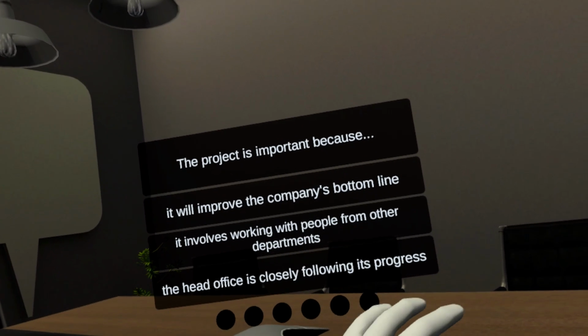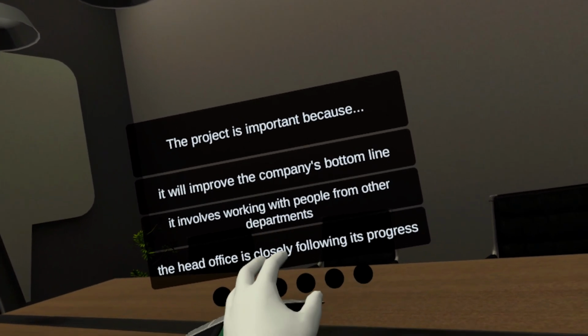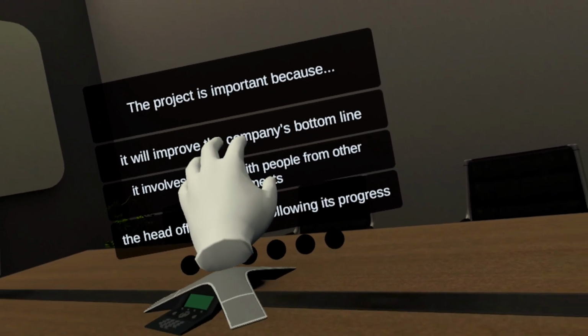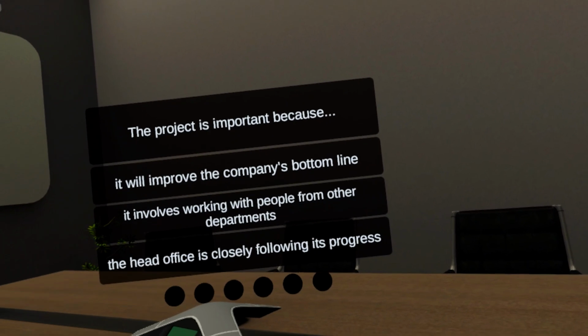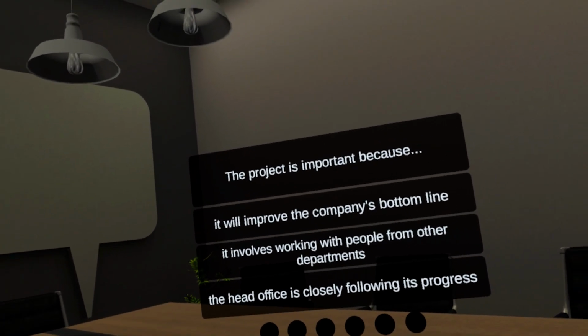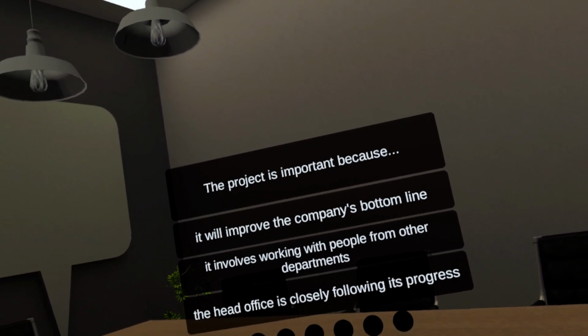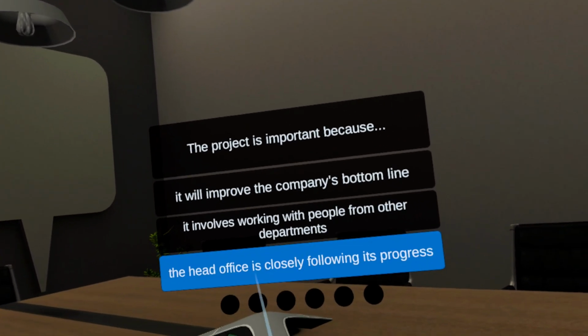We'll see how well I was able to listen here. I think this is a good practice exercise for people to be able to listen, and in general just get used to what the flow of a business conversation might be like on a team like that, when everybody has their own things that they have to juggle already. So the project is important because